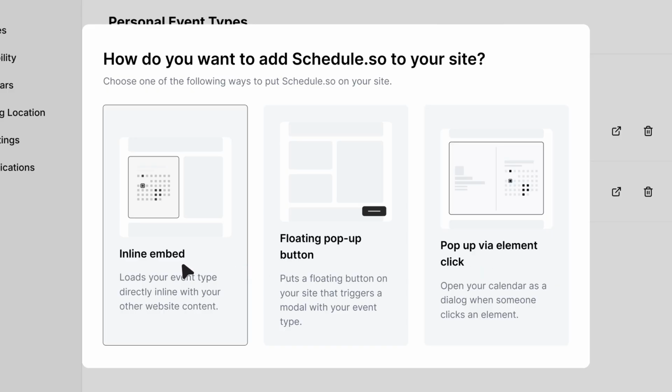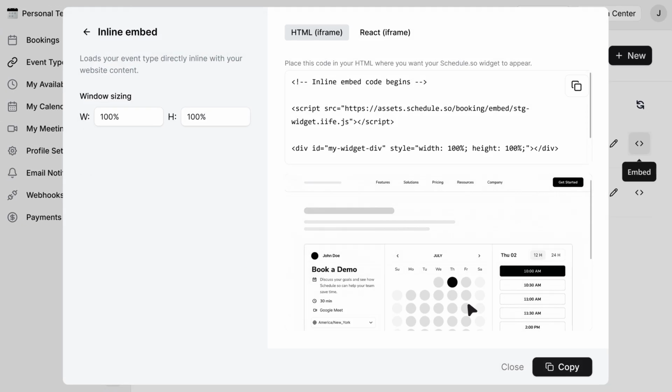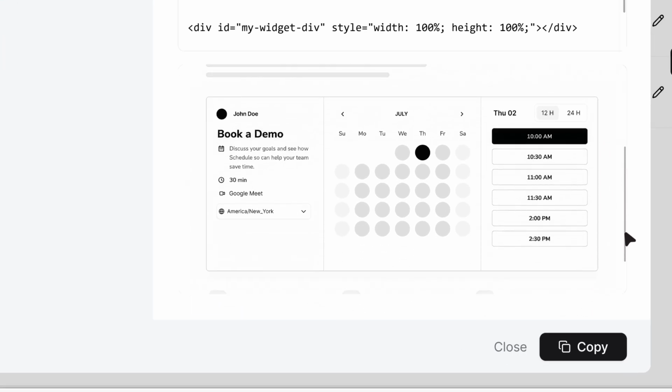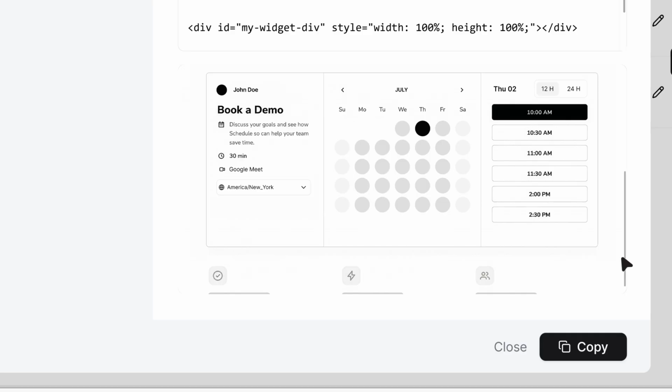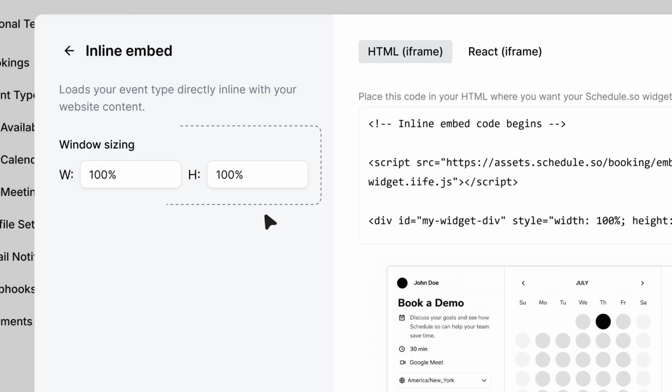Start by selecting Inline Embed. Inline Embed places your booking page directly inside a section of your website. This is useful when you want visitors to see the booking calendar immediately without opening a pop-up or navigating to another page. On the left side, you'll find the window sizing settings. Here you can define the width and height of the embedded booking widget. By default, both values are set to 100%, allowing the booking page to fill the available space inside the container